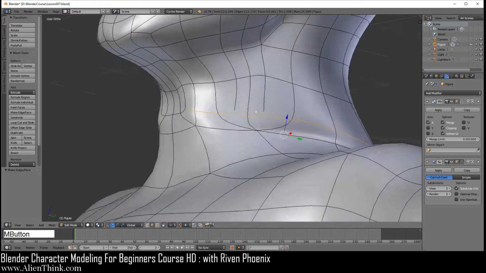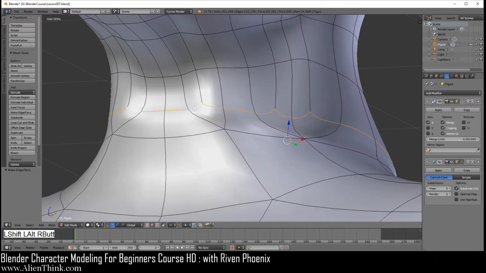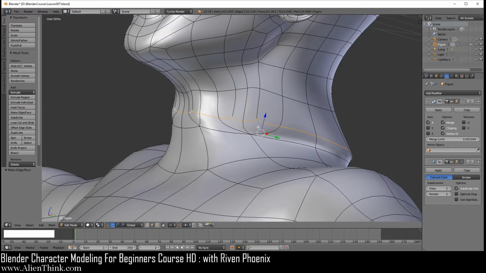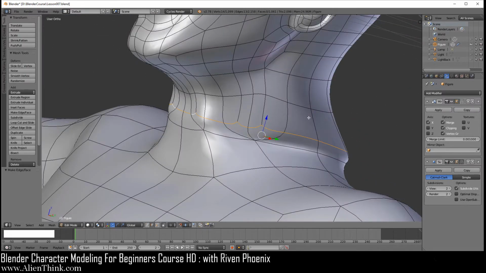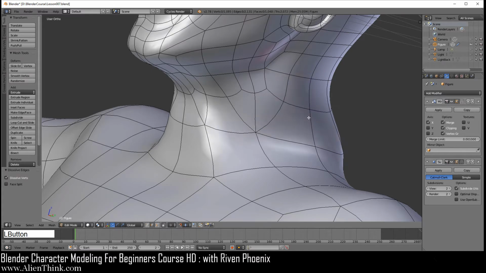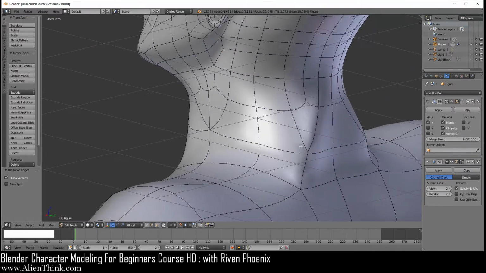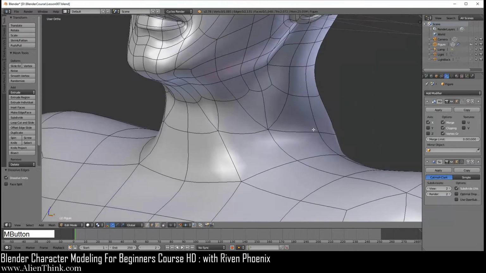Right, I'm simply selecting this entire edge loop over here, just like this. It needs to be all selected. So if you do the Z key, you can see I'm simply going around the entire neck. I'm going to do X, I'm going to do dissolve edges. So you see what that does, it simply takes that away and now attaches the